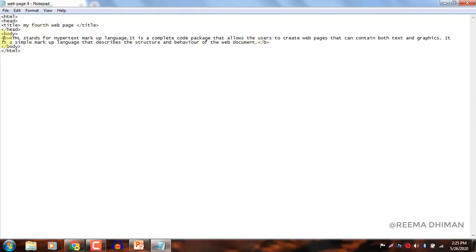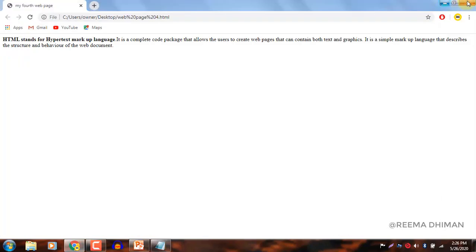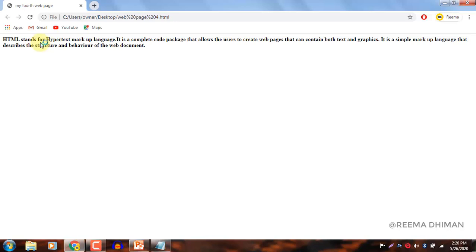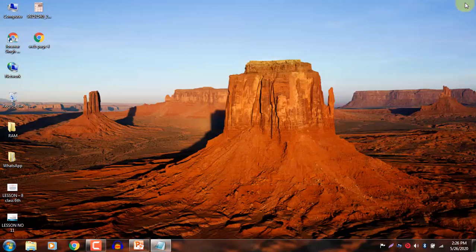So in this case, all the content, this whole short paragraph, I want to emphasize, so I just write the opening B tag and closing B tag. Press Ctrl+S, observe the changes. So now as you can see, all the content is emphasized. Clear?